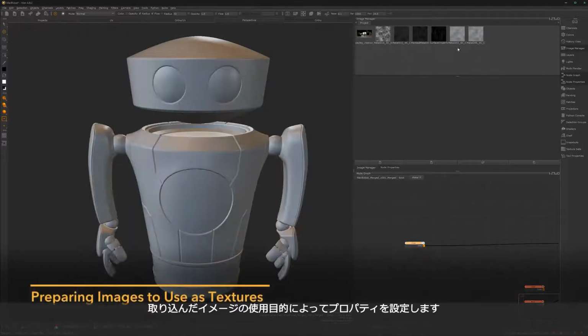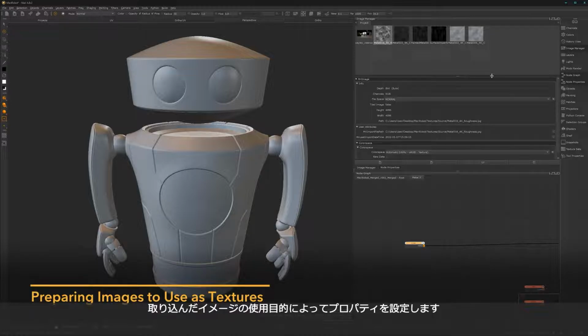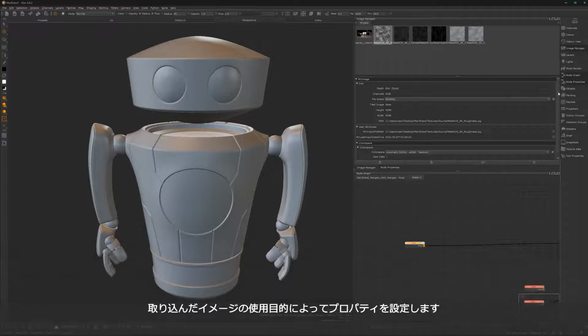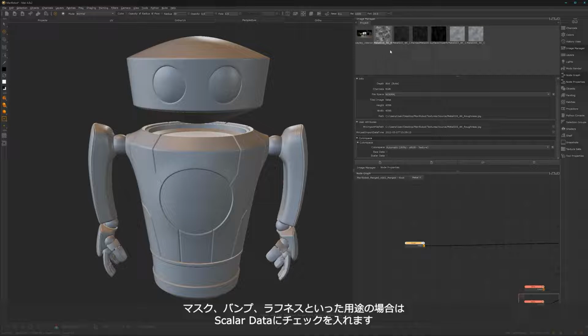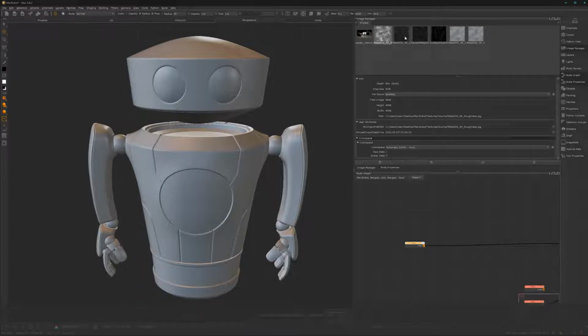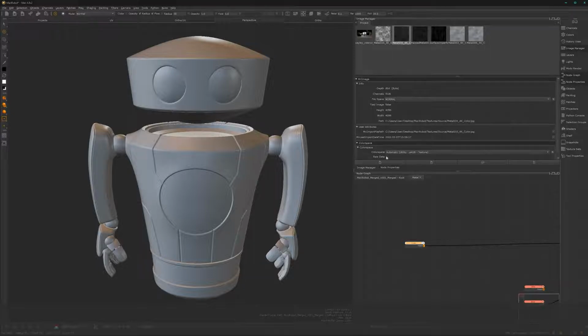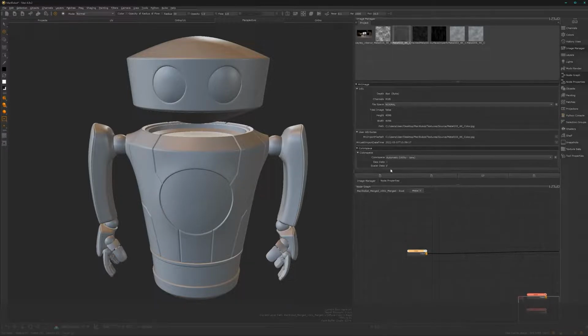So here we need to do a few things. Here we have the properties of the texture, and here we have to define the scalar data when it's something which is a mask or a bump map or roughness and stuff like that. So here this one is definitely a scalar one, and this one of course as well. Let's make it here quickly a bit bigger. Scalar,